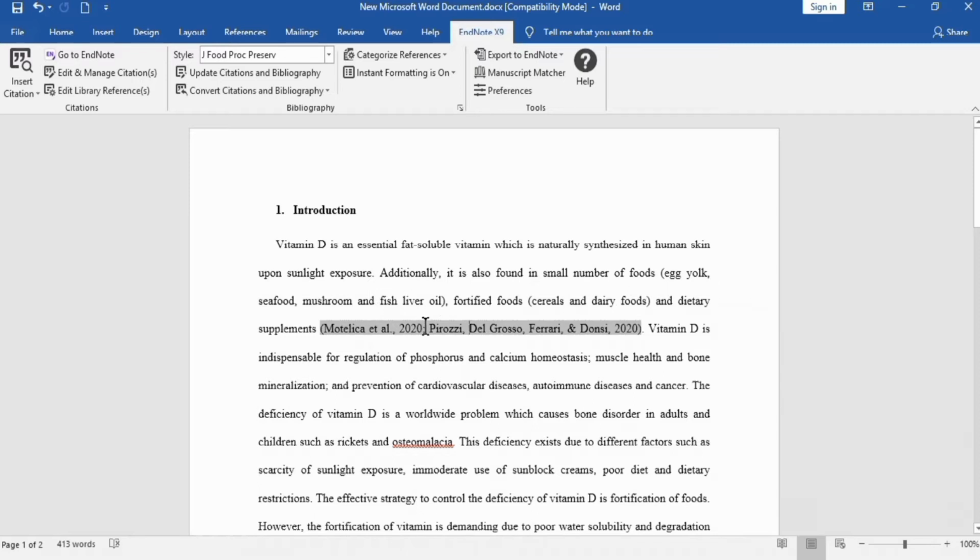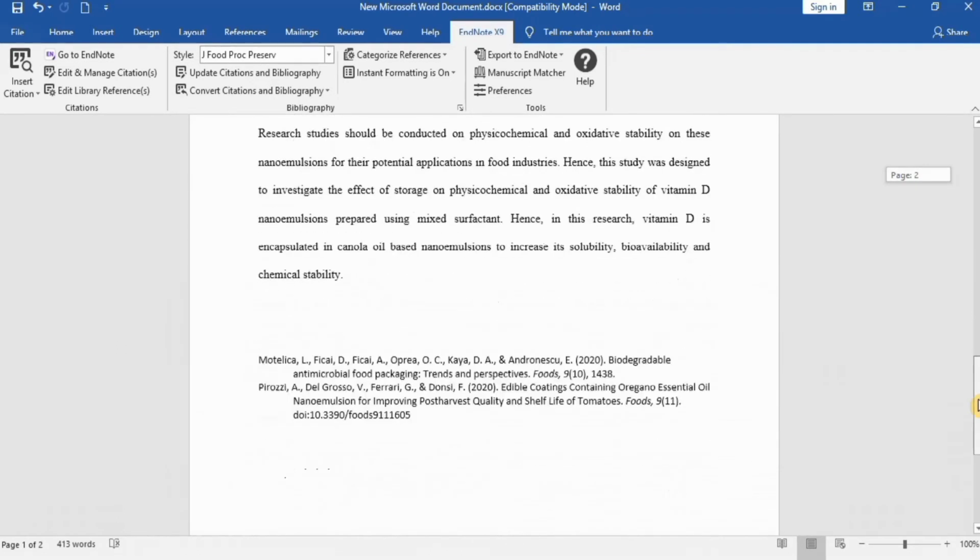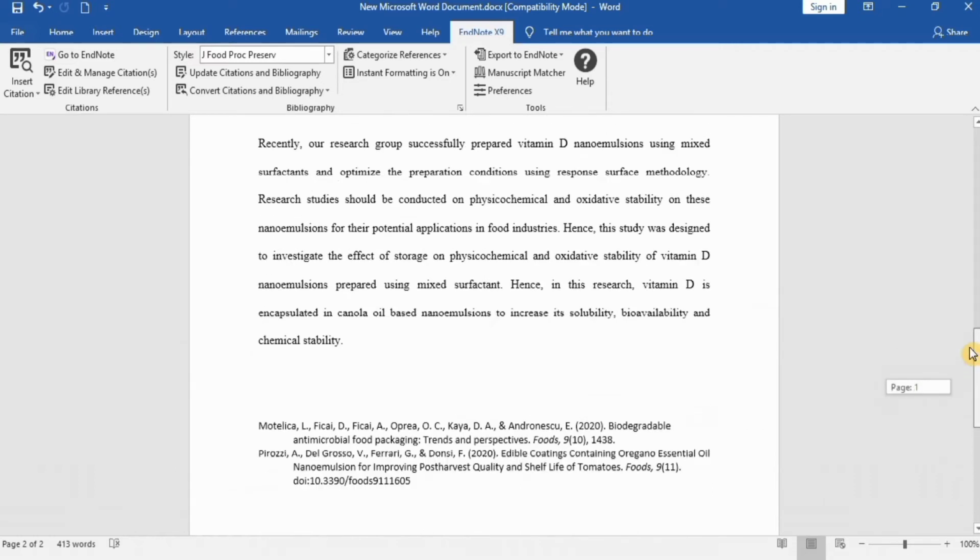Sorry, these are called in-text citation, and references are present at the end of document. You can see here these are both references, and these are also arranged alphabetically. If I insert another reference, then this will also arrange alphabetically automatically. That is the beauty of this EndNote.